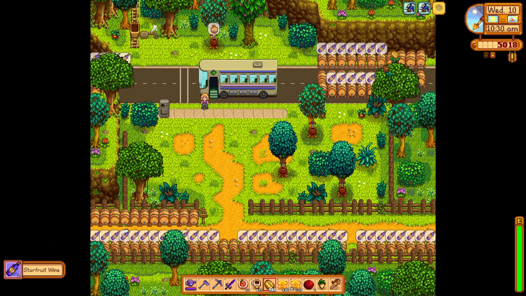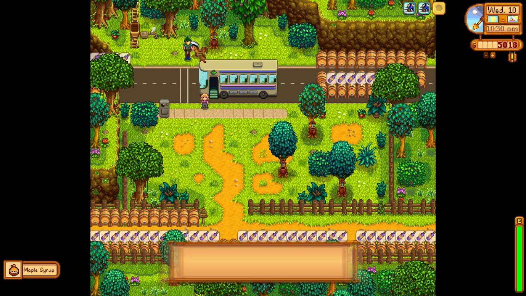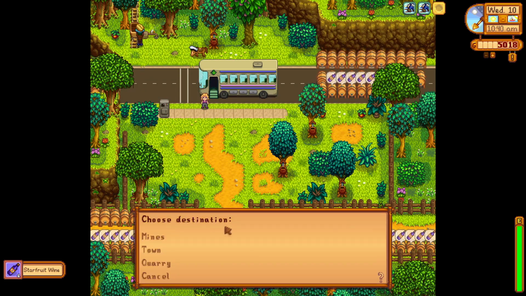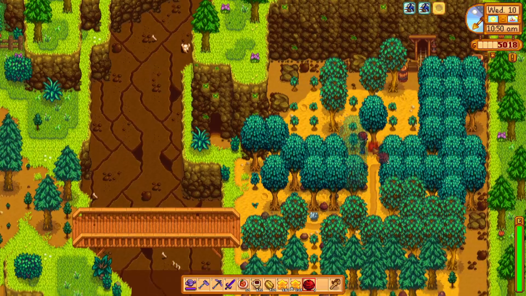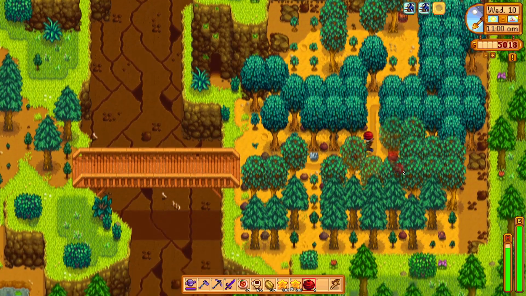And of course today I want to craft even more kegs since we will be getting more oak resin from our tappers later, but sadly we are out of wood, so we'll have to find some somewhere. We take the minecart to the quarry, and I know, as I mentioned, I might use the quarry trees for more tapping, but right now we need more wood, so I'm going to go ahead and chop down all the